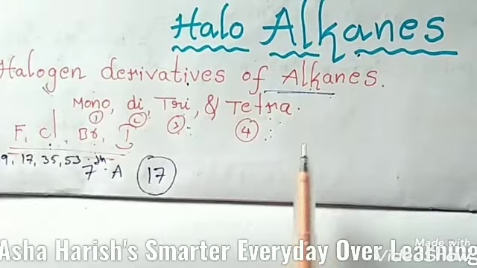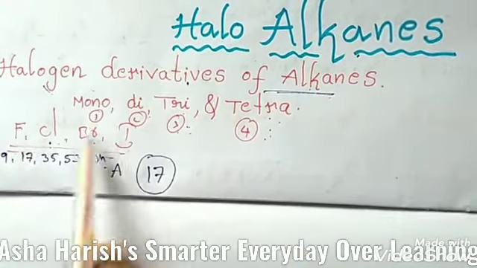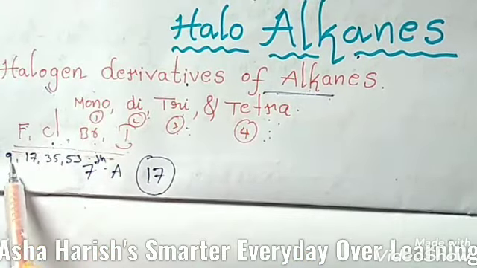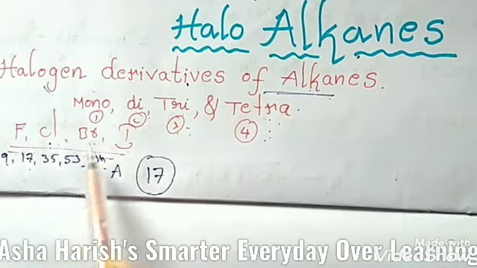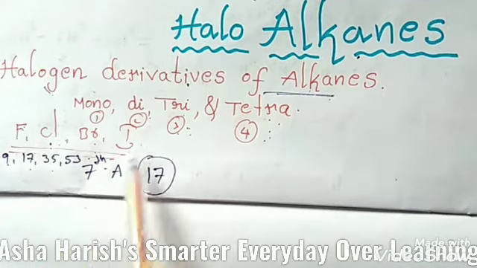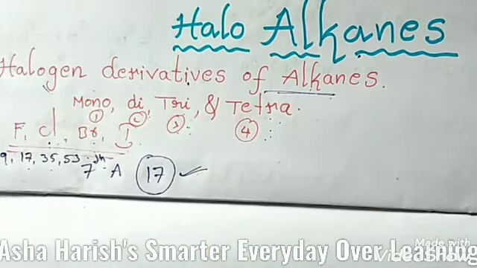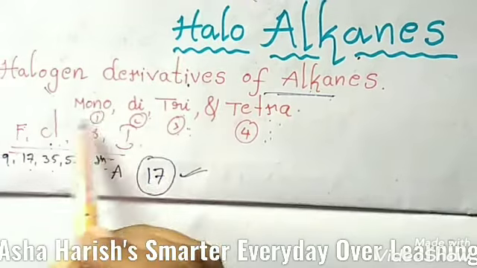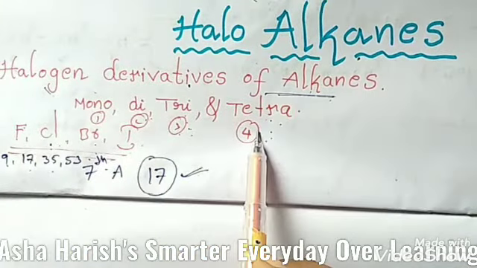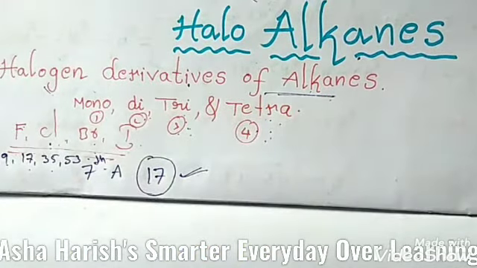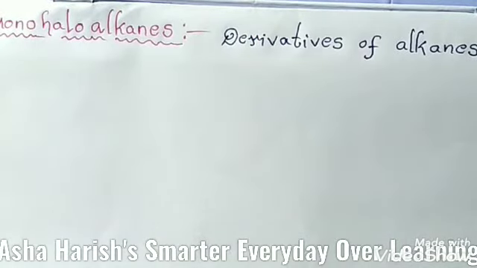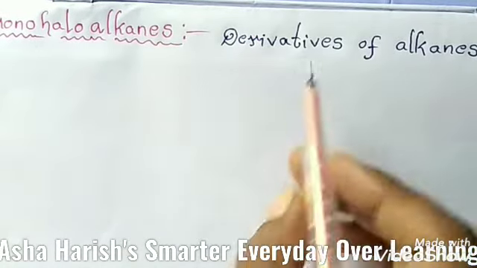Here students, you can see the atomic numbers of these halogens. For fluorine, atomic number 9, chlorine 17, bromine 35 and iodine 53. These are all 17th group elements. Right, and students, let's see about these mono, di, tri and tetra haloalkanes. Monohaloalkanes,